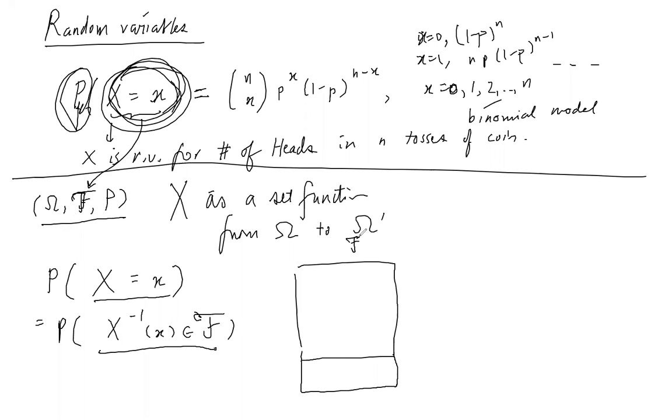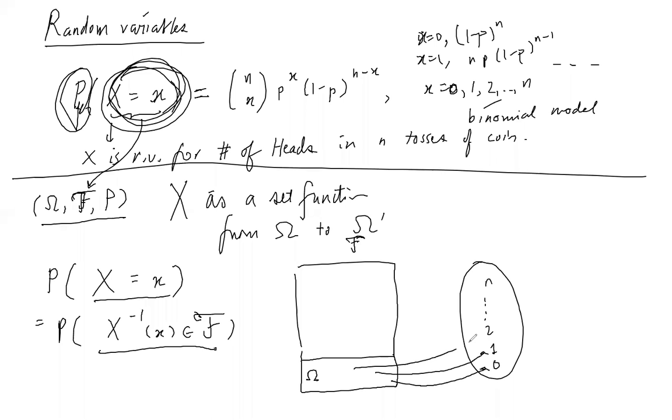It is easier to discuss this if you are working with discrete cases. So you have omega, and you map to some space here. In this case, let's say the binomial, you have 0, 1, 2, 3 until n. Certain values will get mapped to 0, some values will get mapped to 1, some will get mapped to 2, and some will get mapped to n.